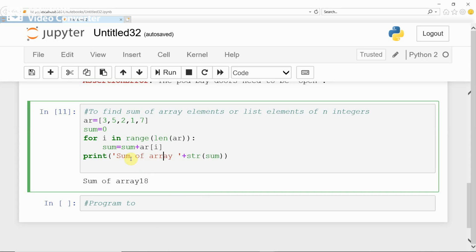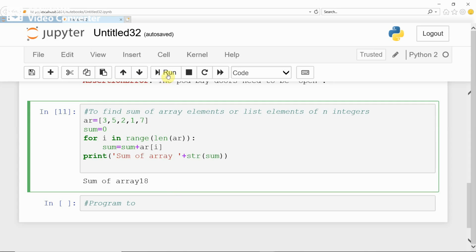Here you are going to display sum of array and there is a space plus str function to convert sum to string. You are going to concatenate an integer with a string, therefore you need to convert the integer to string, number to string, by using the str function.